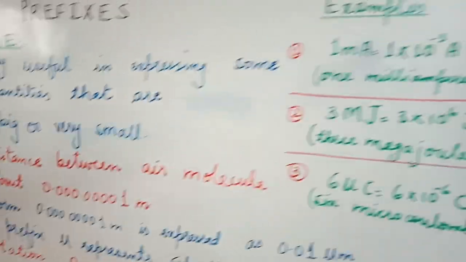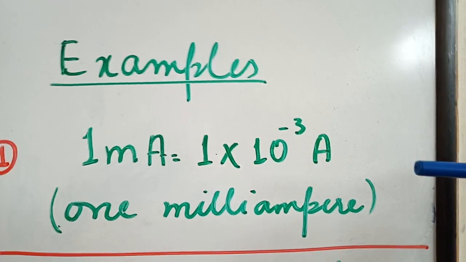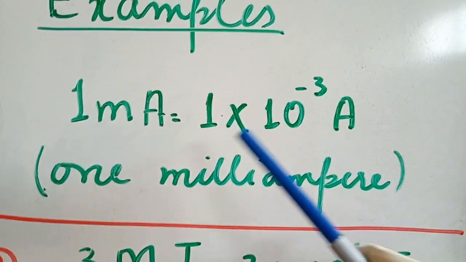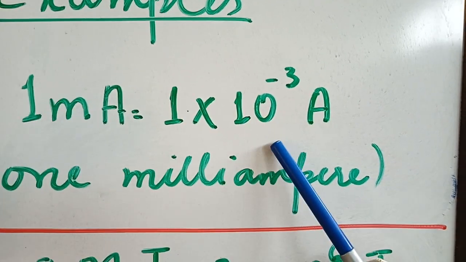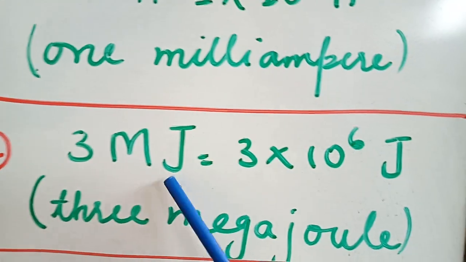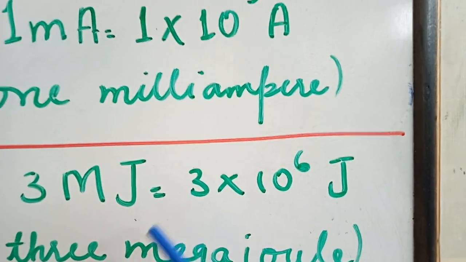Let's talk some more examples. That is, see, you can see on the board here one or two more examples I want to say. Let's see. 1 milliampere. Milliampere means 10 to the power -3. 1 मिली की जगह पर हमने क्या कर दिया, 10 to the power -3, और एम्पियर की जगह पर हमने एम्पियर लिख दिया. सिमिलरली 3 मेगा जूल्स, 3 हमने 3 की जगह पर लिख दिया, मेगा की जगह पर हमने 10 to the power 6 कर दिया. 3 into 10 to